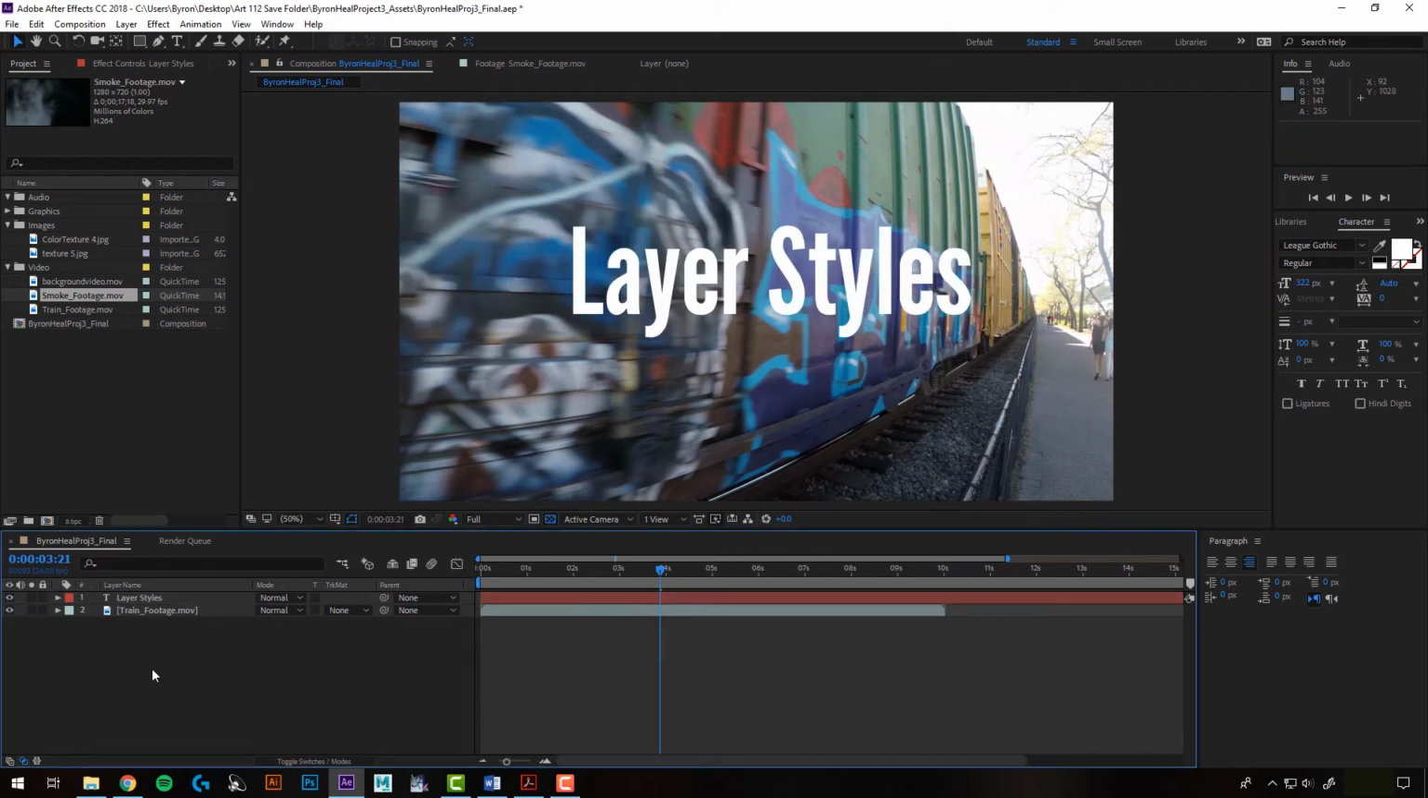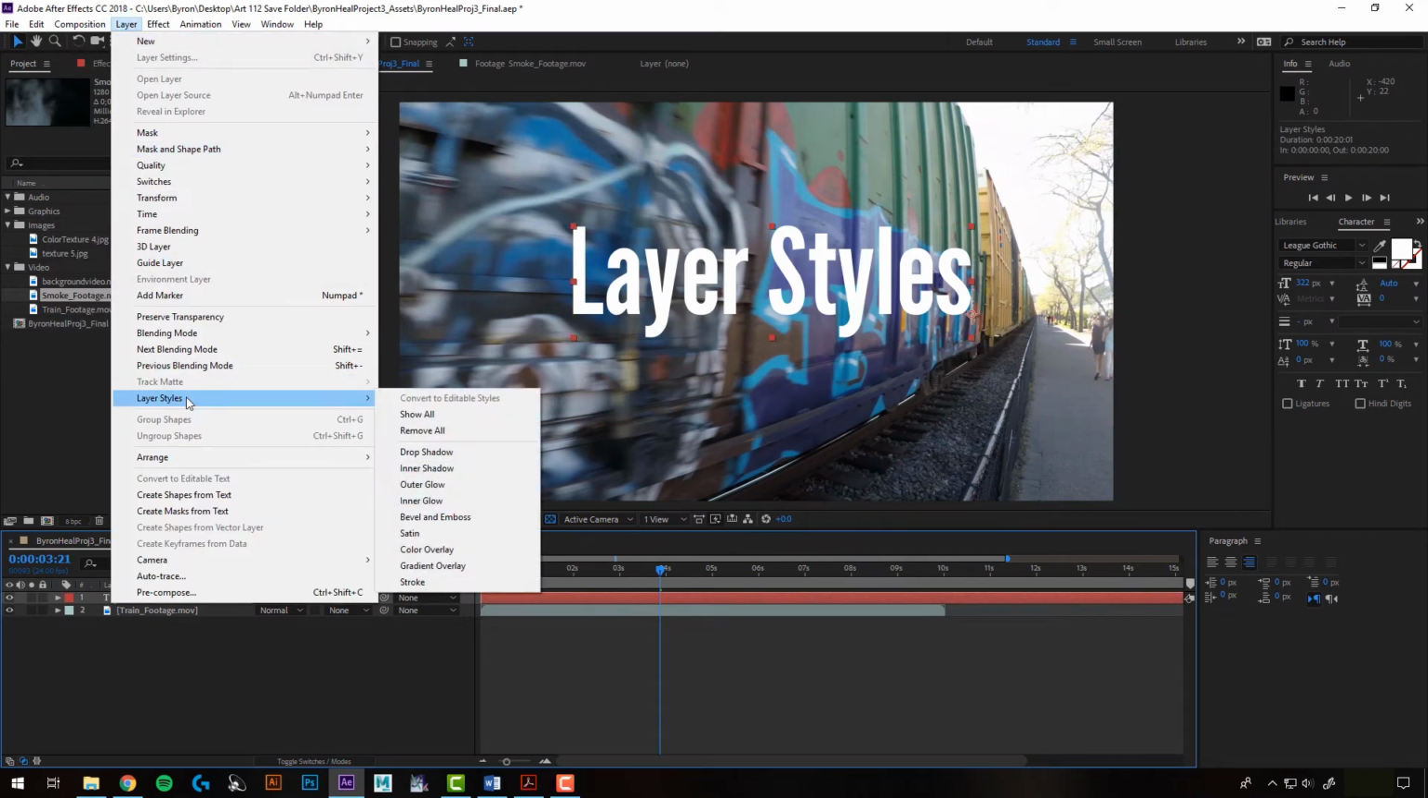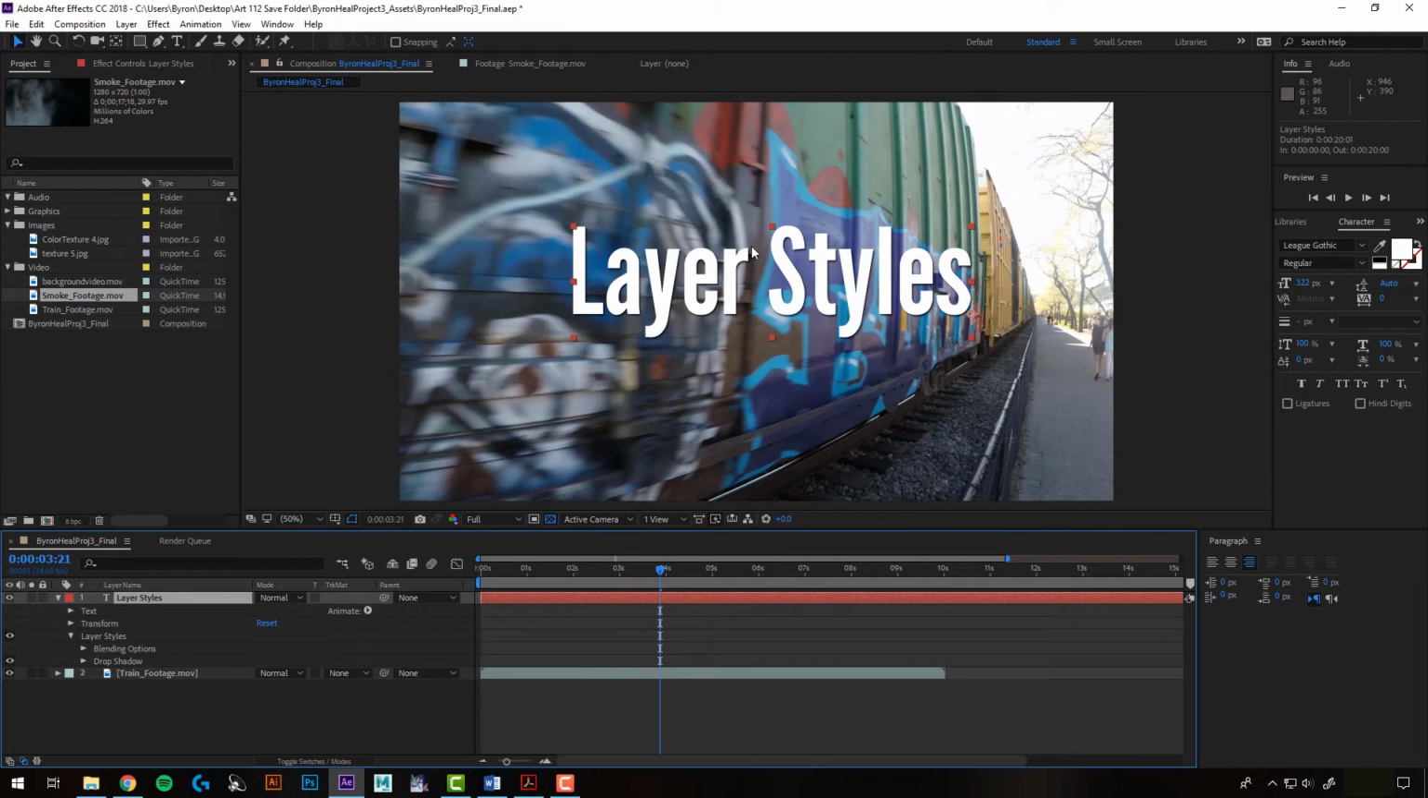Okay, so to apply a layer style to our text, I'm first going to just select our layer, and then I'll go up to Layer in our menu, and down to Layer Styles. And so here we have similar ones to Photoshop. So let's start with just adding a drop shadow. What that did was add a drop shadow to our text here, and also created a Layer Styles menu